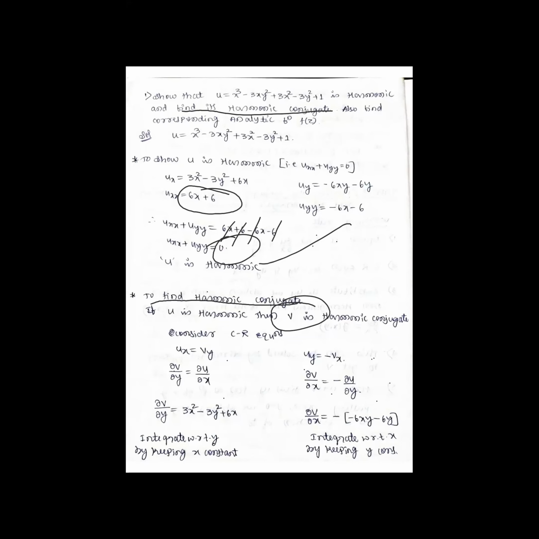So what I am doing here, we want v. So I'll solve for these things. Okay, minus sign I have shifted to this side. So dou v by dou y is equal to dou u by dou x. Already I got dou u by dou x, that you write here. Next, minus dou u by dou y. So what is the dou u by dou y? So next thing is that,